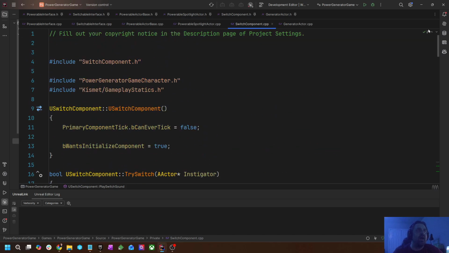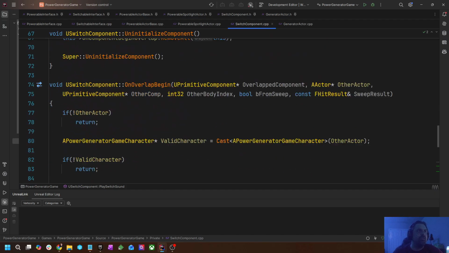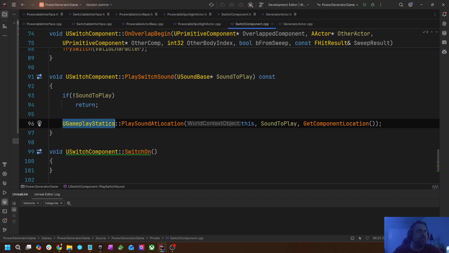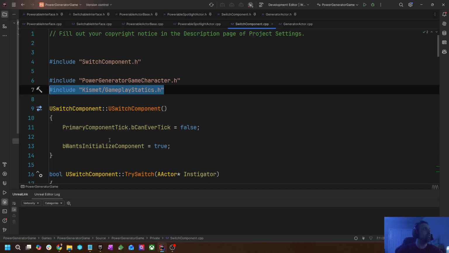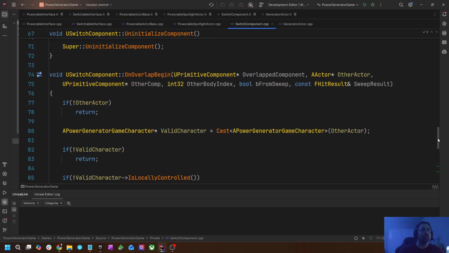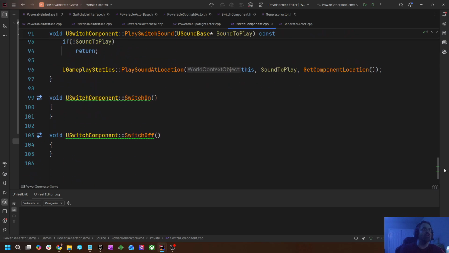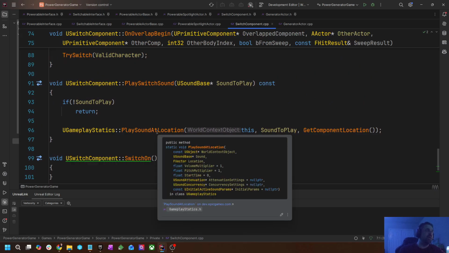We actually didn't see this happen, but just the act of selecting that we wanted to use this gameplay statics play sound at location actually automatically added the include for the gameplay statics, which is kismet/gameplaystatics.h. That's one of those other things that's super cool about how Rider works, is that Rider actually detects that gameplay statics exists before you set up the include, and it will automatically set up the include without interfering with